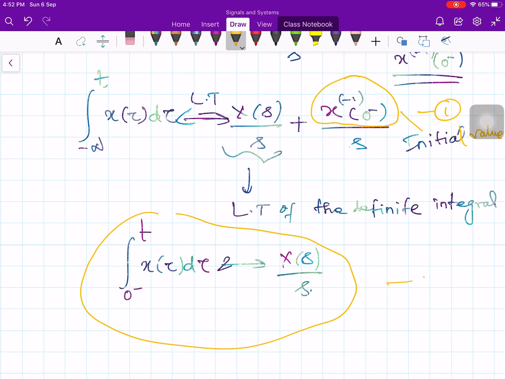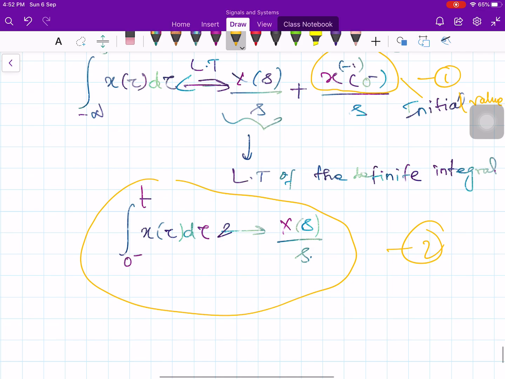These are important results relating to integration in the time domain and the corresponding Laplace transform in the frequency domain, and we can make use of them. Whenever you have integration, it becomes a simple algebraic expression. So it is a boon for us. By using the Laplace transform, if we encounter integral differential equations, they will be converted into algebraic equations. Once you have an algebraic equation, manipulation will be very simple. Now this concept can be used